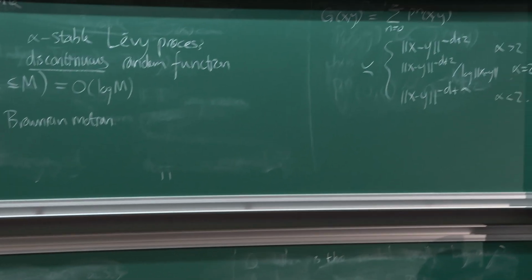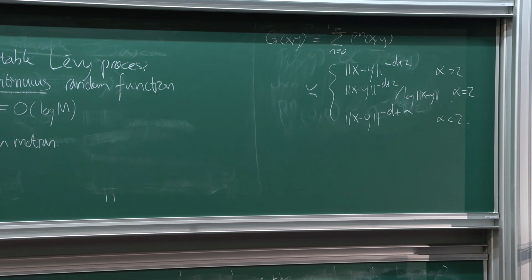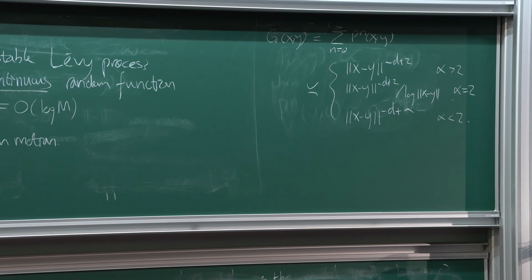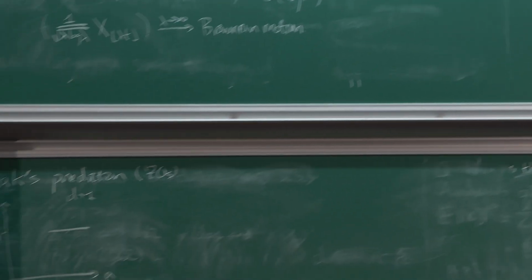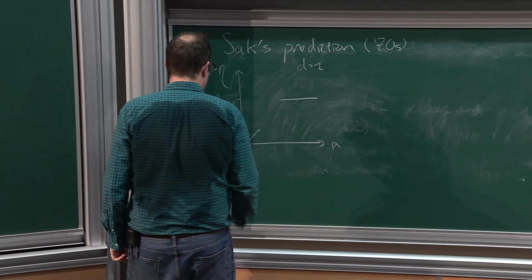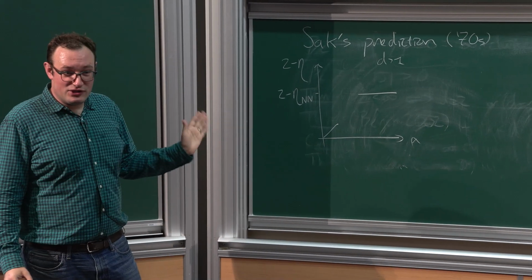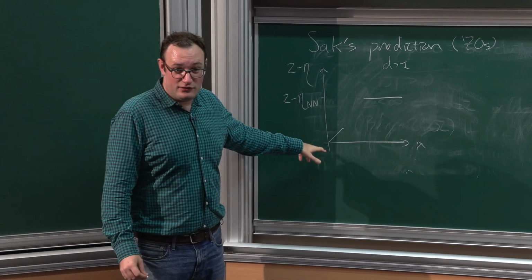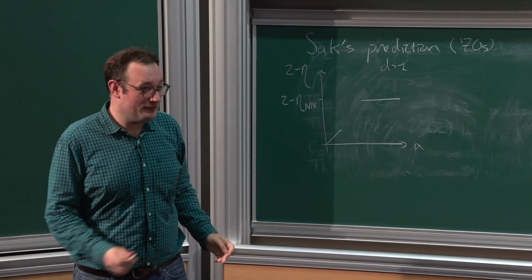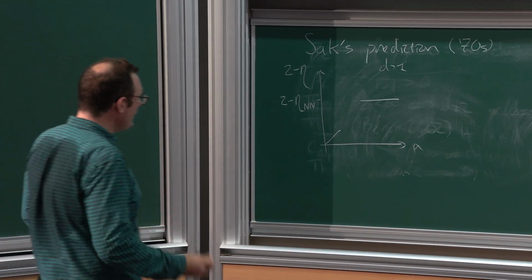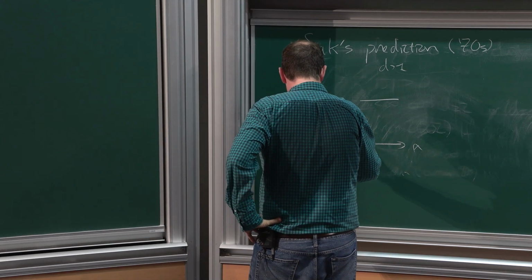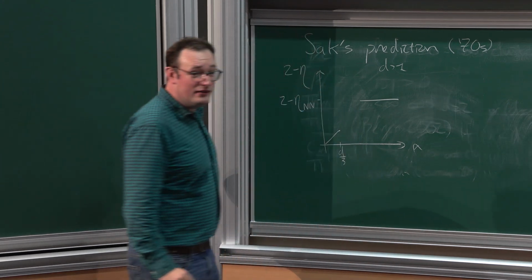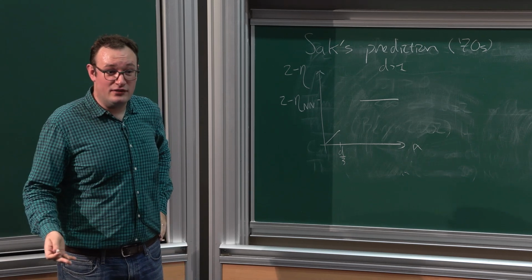So in particular, for small alpha, you should have this minus d plus alpha scaling of the two-point function, which just means that 2 minus eta is equal to alpha. So for small values of alpha, we should just see this straight line. This is really just the line y equals x. And this should go up until d over 3, which is when the effective dimension is 6.